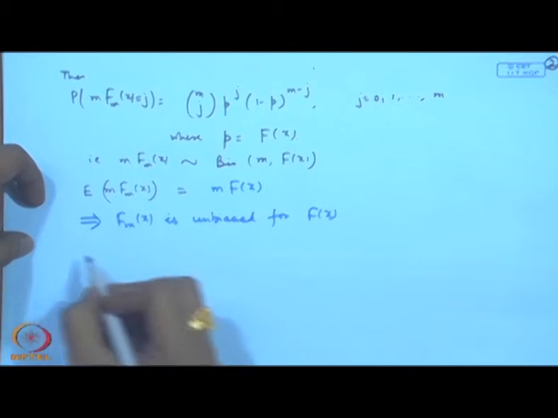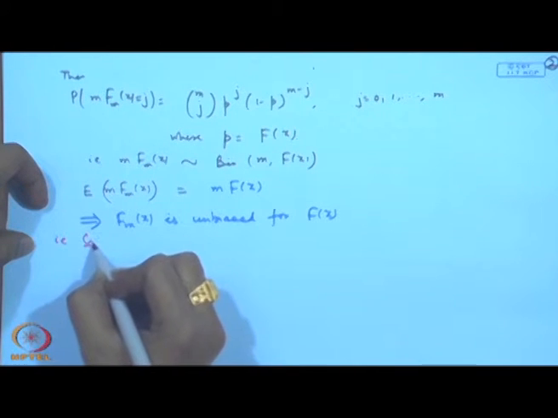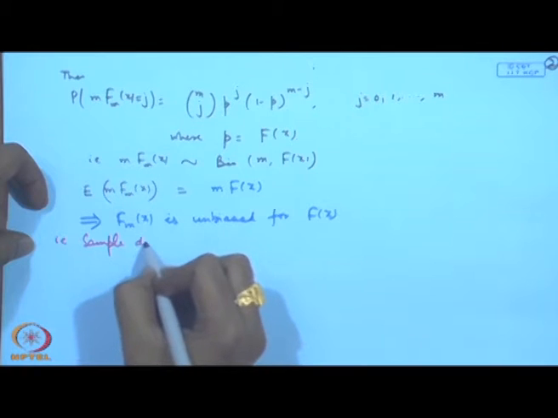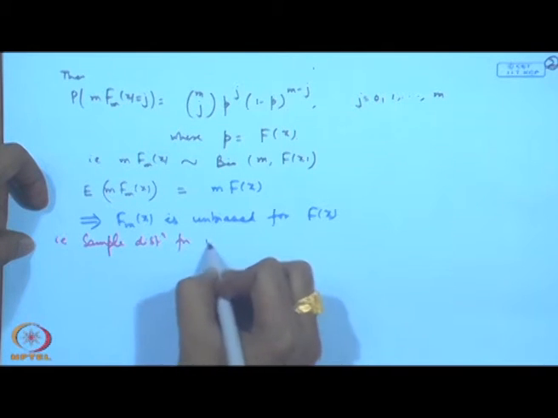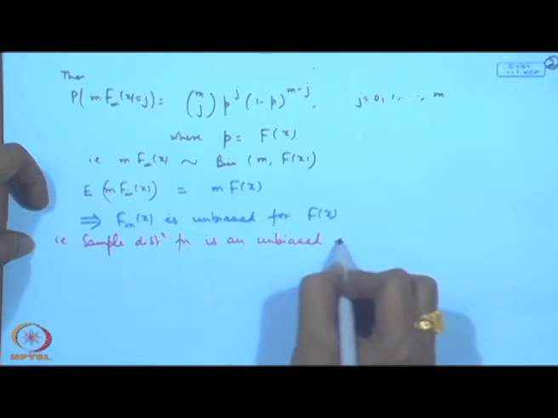So, that is the first property. That means we can say that the sample distribution function is an unbiased estimator